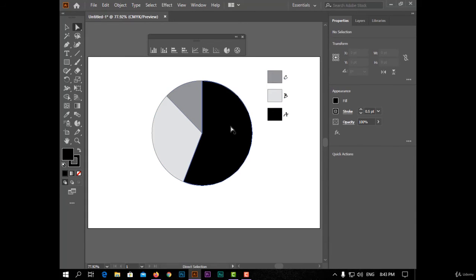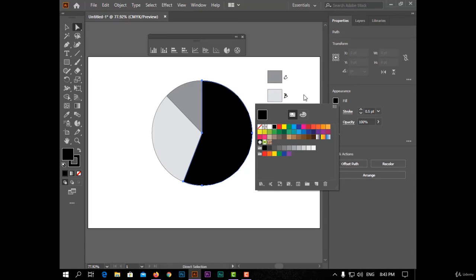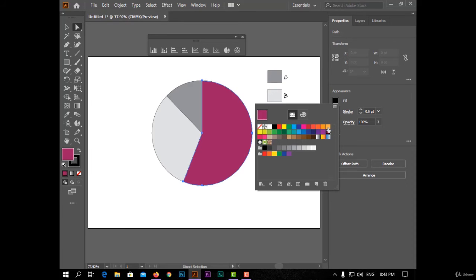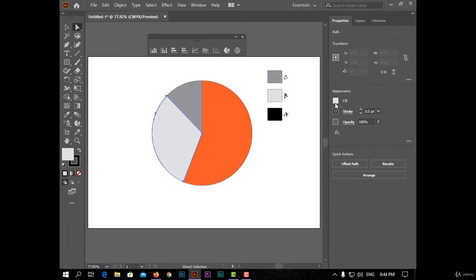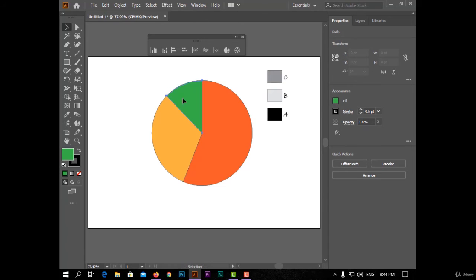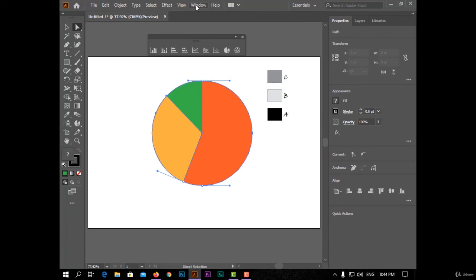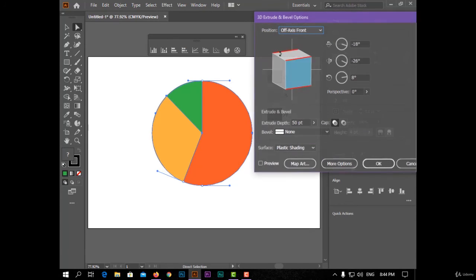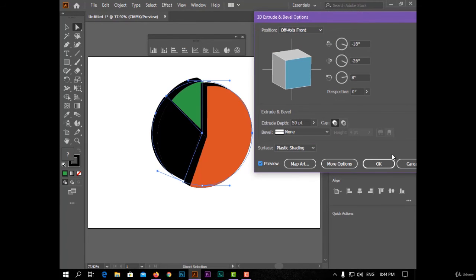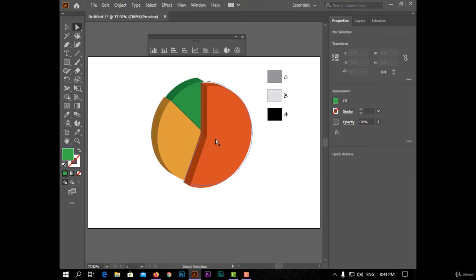And I can also, with direct selection tool, change the color from here, like this. Or I can make it like a 3D from effect menu and 3D, click on preview, choose OK and no stroke. Now I have this design and I can move it